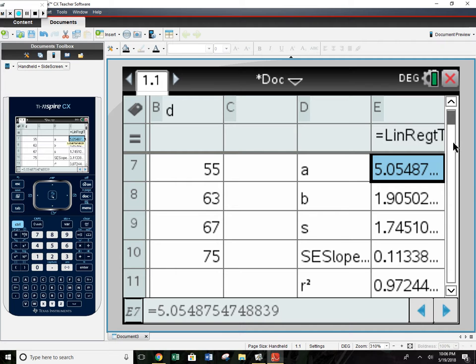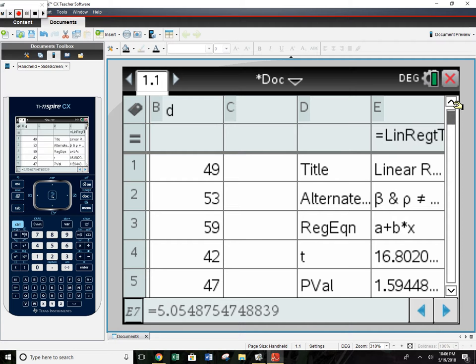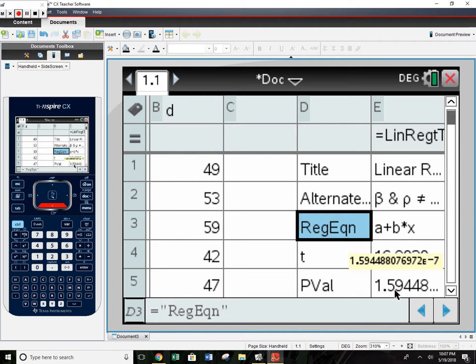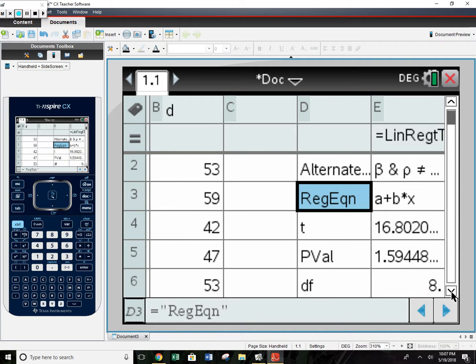Okay, now you have all sorts of stuff. So there's the title. Okay, your regression equation is a plus bx, so a is your y-intercept and b is actually your slope. I got a p-value. So my p-value is